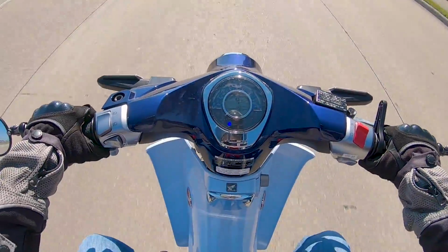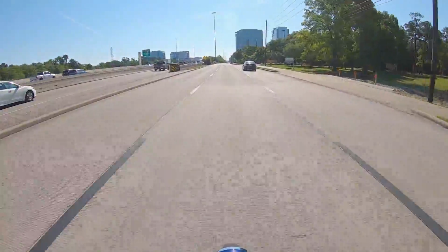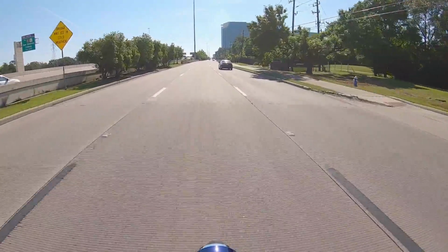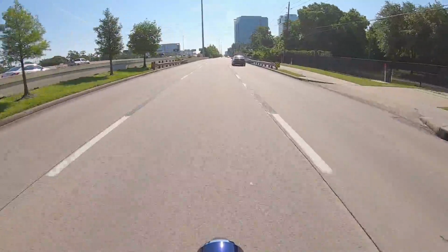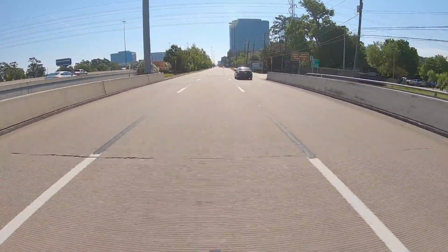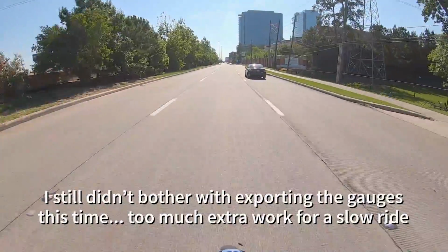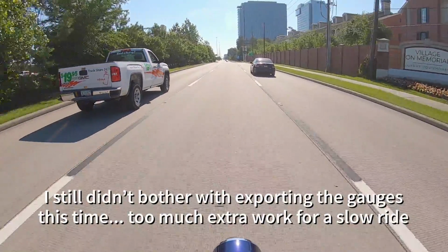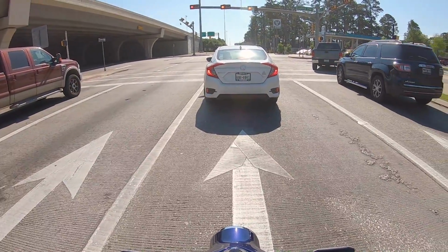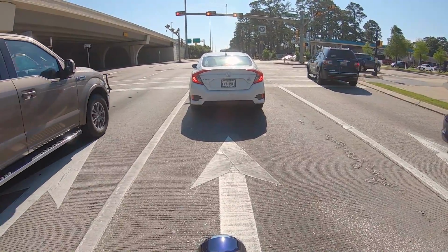Here's my speedometer for today. No overlay. Actually, I think I may have reset this thing to 1080p last night. So hopefully if the audio is doing what it's supposed to, I will